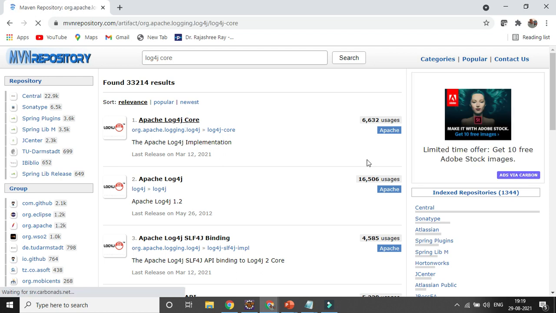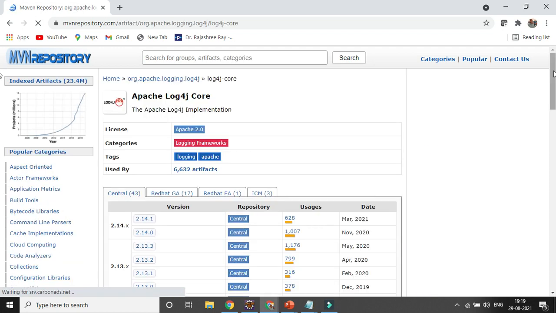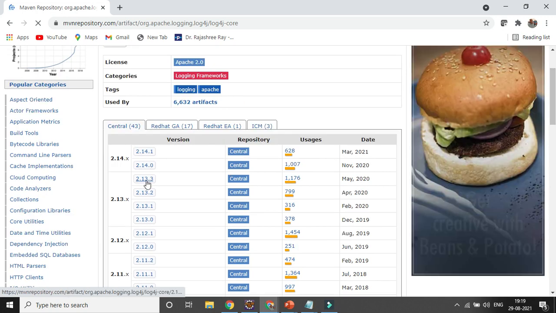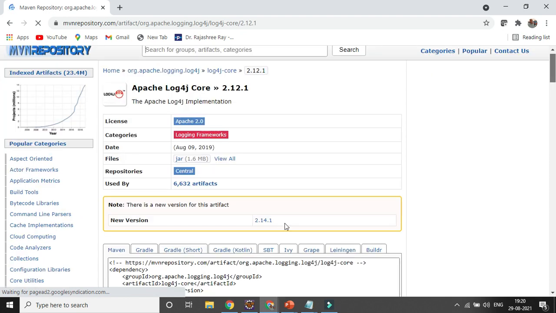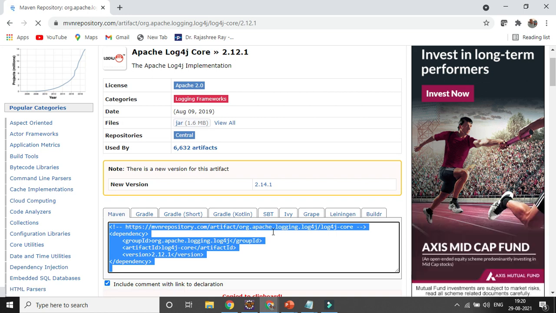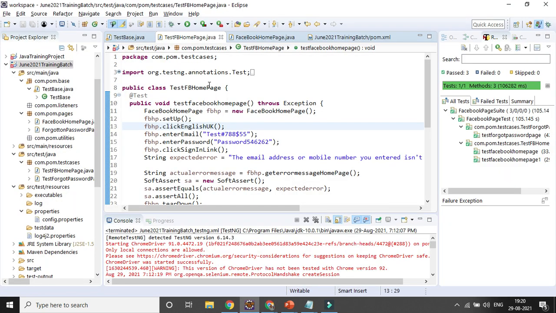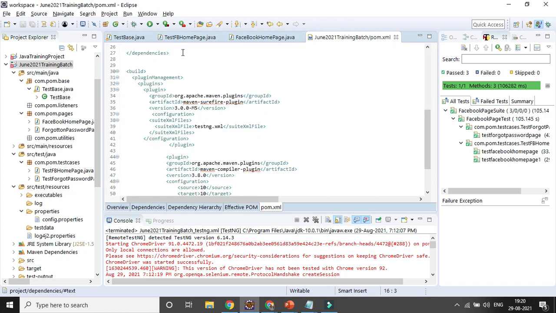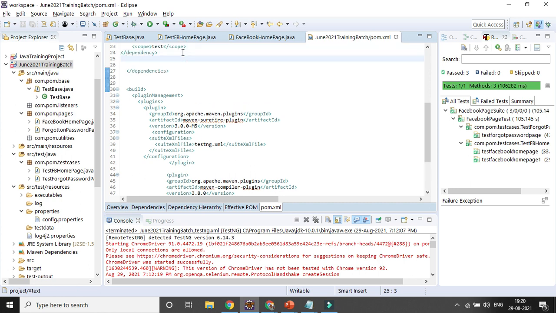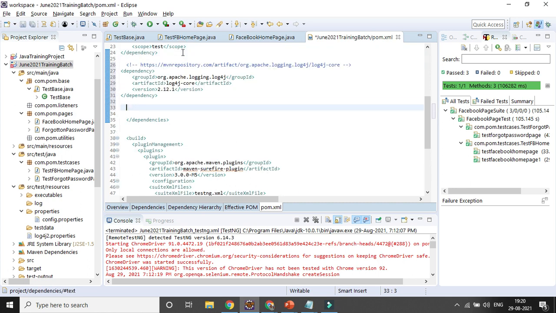I will go for a suitable one, 2.12.1. I need to go with a stable one instead of an unstable one. I will take it and paste it in the pom.xml file. In the dependencies section I will be adding it before the dependencies tag. So that is the one dependency you add.